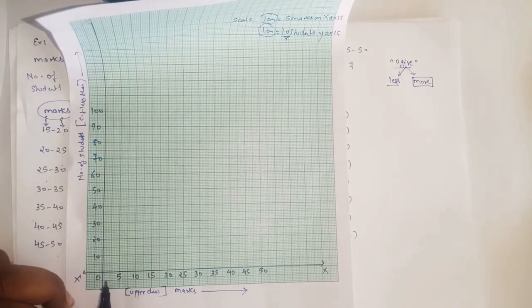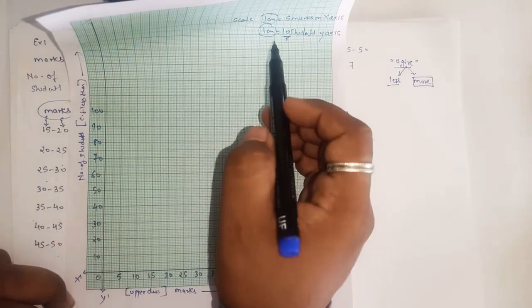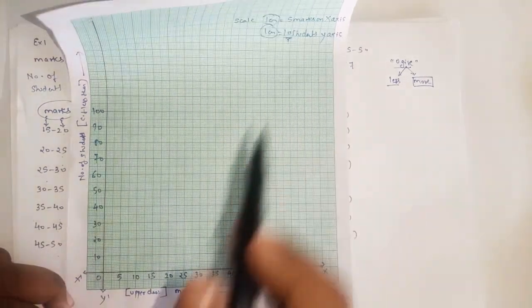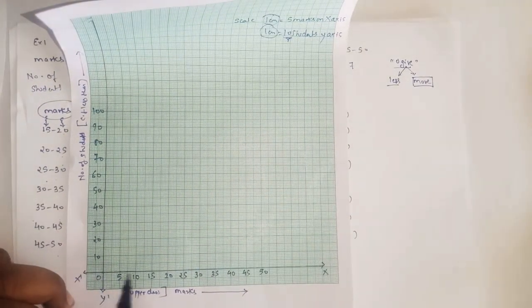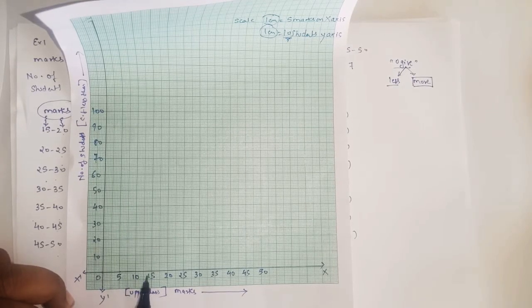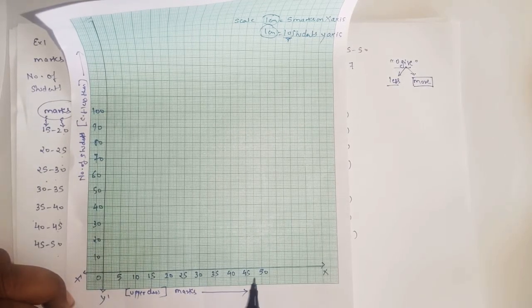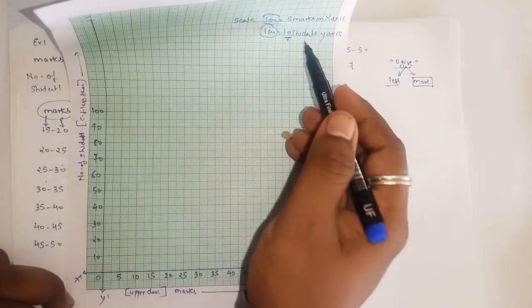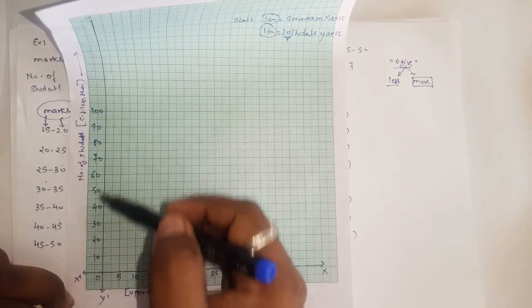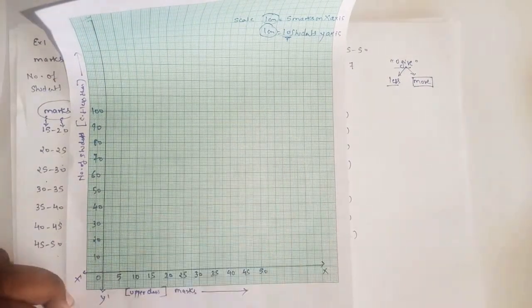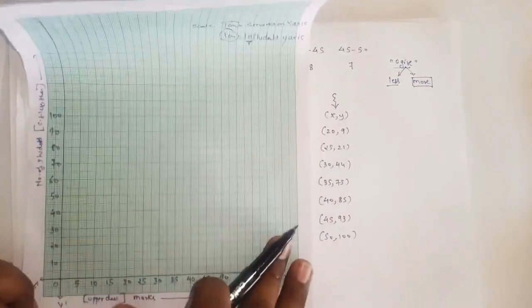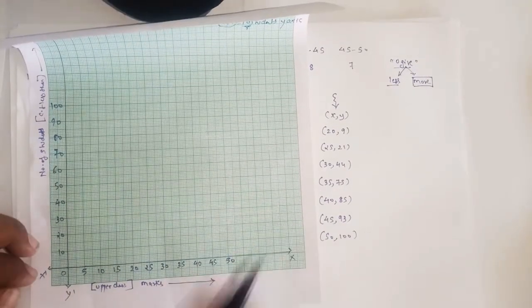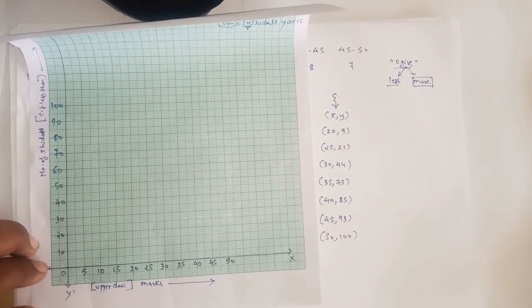So you will write the scale, then you will consider your first quadrant only, draw the x and y axes, and plot the points. As you mentioned 1 centimeter equals 5 marks on the x-axis, so take a 1 centimeter gap and keep writing in units of 5: first 5, then 10, 15, 20 will come. And on the y-axis I took 1 centimeter equals 10 students, so here 10, 20, 30, 40. Okay, now the main point is that you have to plot the points.